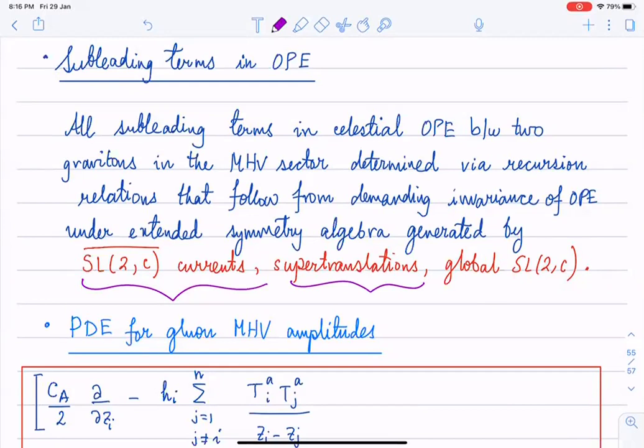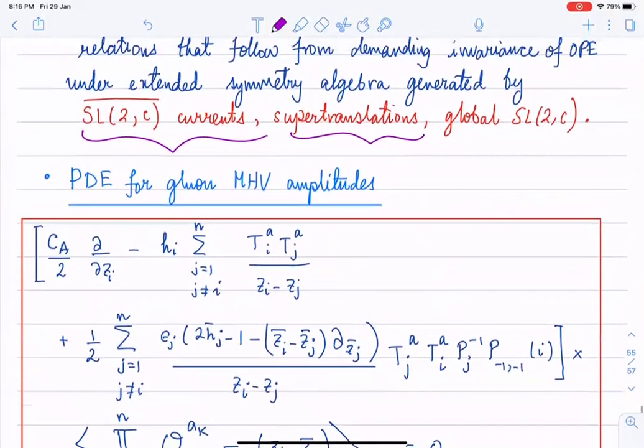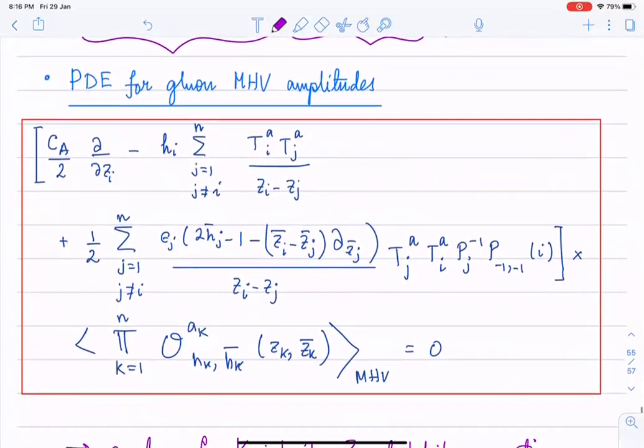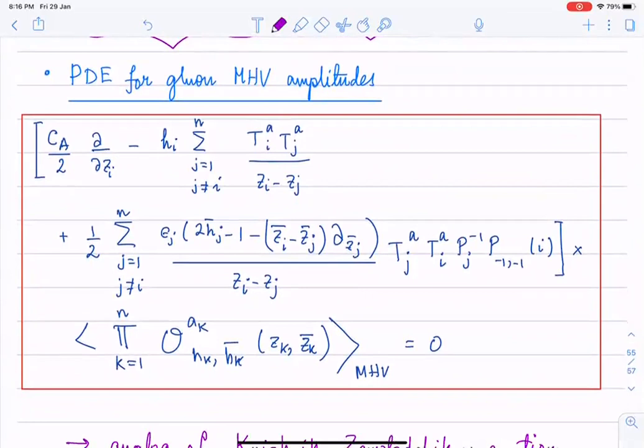Okay, good. So the last thing that I want to mention just in a few seconds is that there are similar results which you can derive for the case of gluon amplitudes, for the case of gluon MHV amplitudes in Yang-Mills theory as well. And in that case also one gets interesting differential equations from the decoupling of null states. And in this case one class of differential equations that you get are